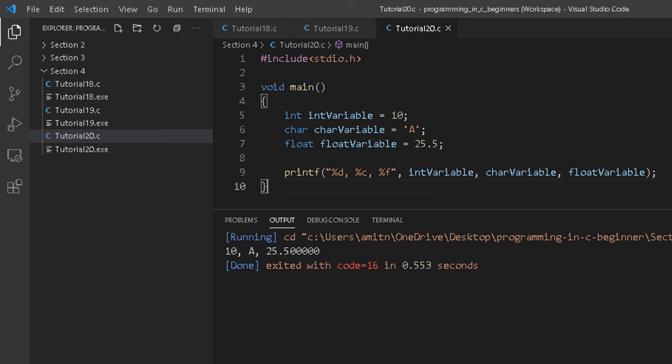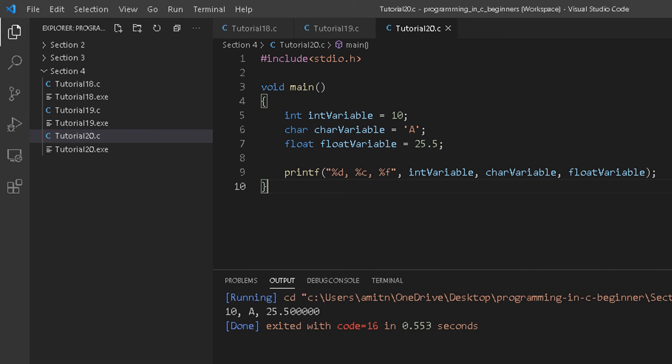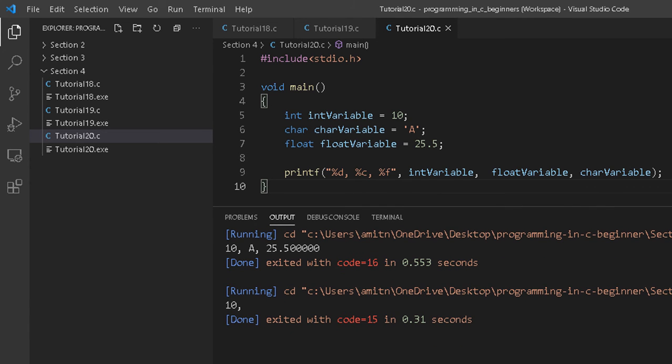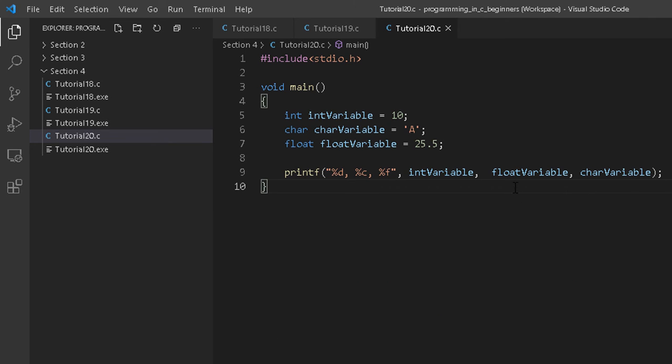Now in case you change the order, let me show you that. Suppose accidentally I have changed the order, then what will be the output? So let me run this again. Clearly see the output over here. Now it's printing only one value, and that is 10. And that is the integer variable's value. It is not printing the float variable and not even the char variable, right? So clearly this is because the float variable cannot be converted to character, and then after that it stopped printing anything else. So printf will not print the output if the format specifier is incompatible with the variables.